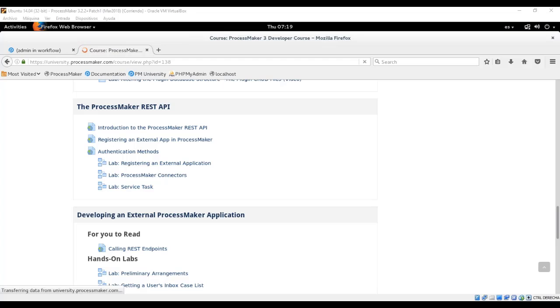We will see here how the REST API works and how it's built inside Process Maker. We will learn how to register our external application to use REST. We will also take a look into some authentication methods for REST. We'll see we have two methods for this, and then we'll do our labs to register